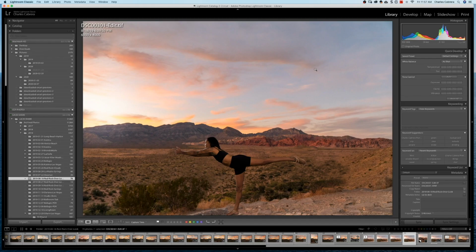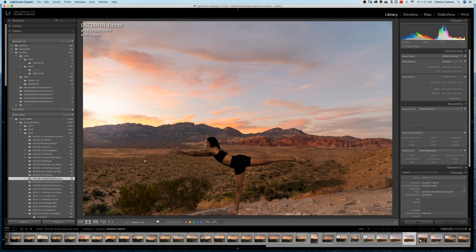And one of the main reasons I think you should use Lightroom is its ability to do organization. So here in the library module, it allows you to view, rate, and sort photos. When you create collections, it'll help you to organize photos without moving them around physically.